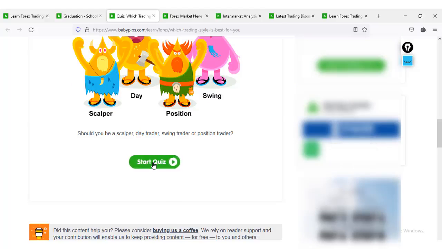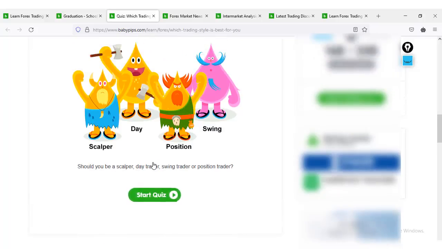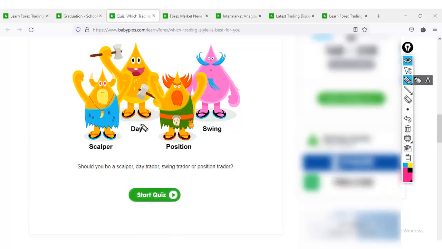Going through this, I've done this before. I just don't want to record it because it will be too long. I don't want to bore you. It's interesting anyway. So I found out that before now I have been day trading, here where I am. But from taking the quiz, I found out that I am best suited as a swing trader. That's what I found out after the quiz.